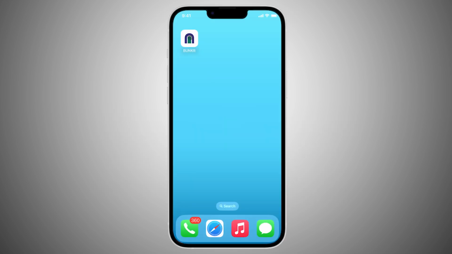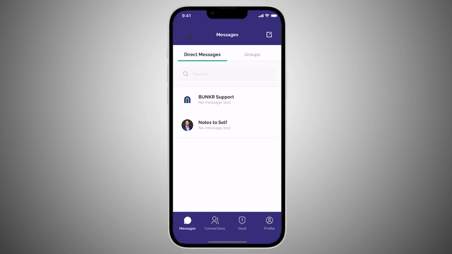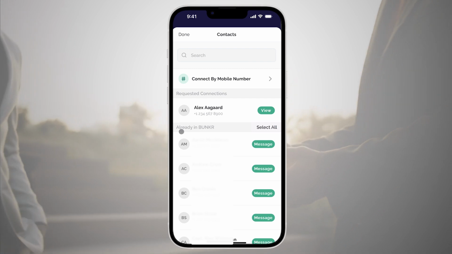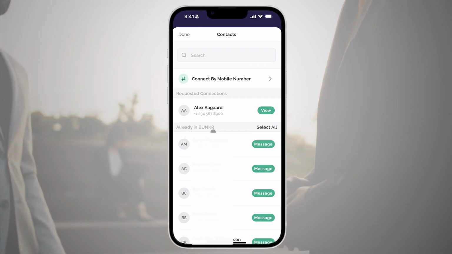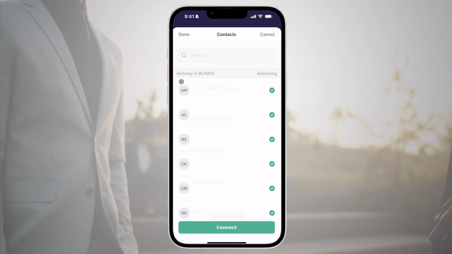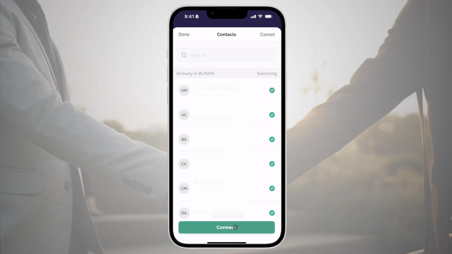Let's get started. If you're using BUNKR for the first time and are not connected to anyone, click the Compose button in the top right corner. This will bring up your phone's contact sheet. From here, you can see which of your contacts are already in BUNKR, and if there's a lot of them, you can press Select All and even pick and choose which contacts you want to send invitations to by clicking